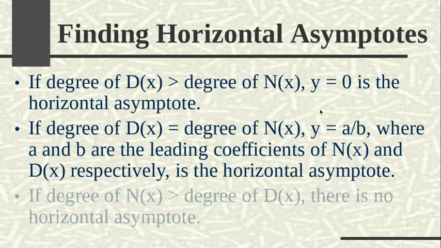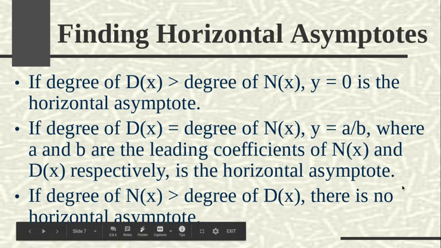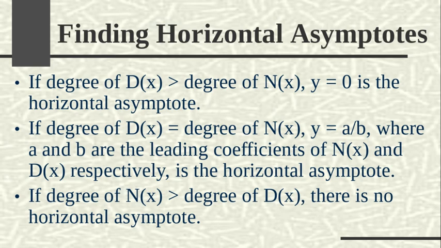The third rule is if the degree of the numerator is bigger than the degree of the denominator, there is no horizontal asymptote. There's a special case where there could be what we call a slant asymptote, but that's not something we're going to get into today. We'll just say that there is no horizontal asymptote if this happens. So for the first example that we're going to go through,